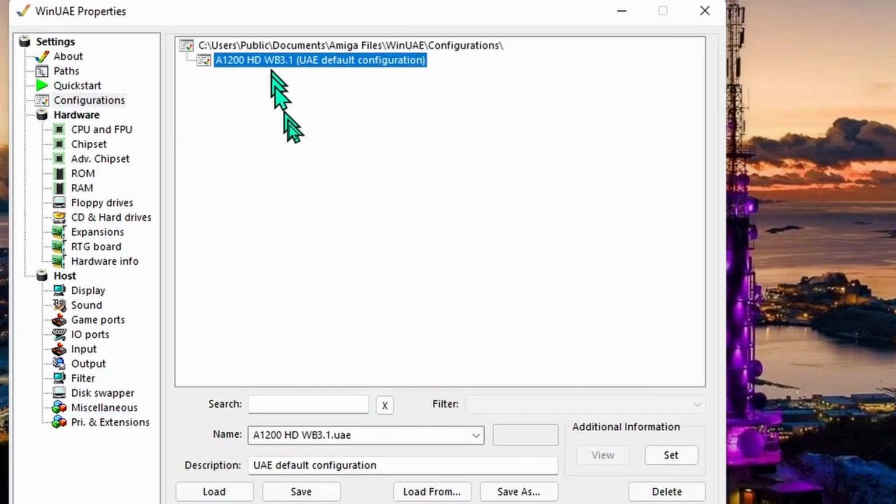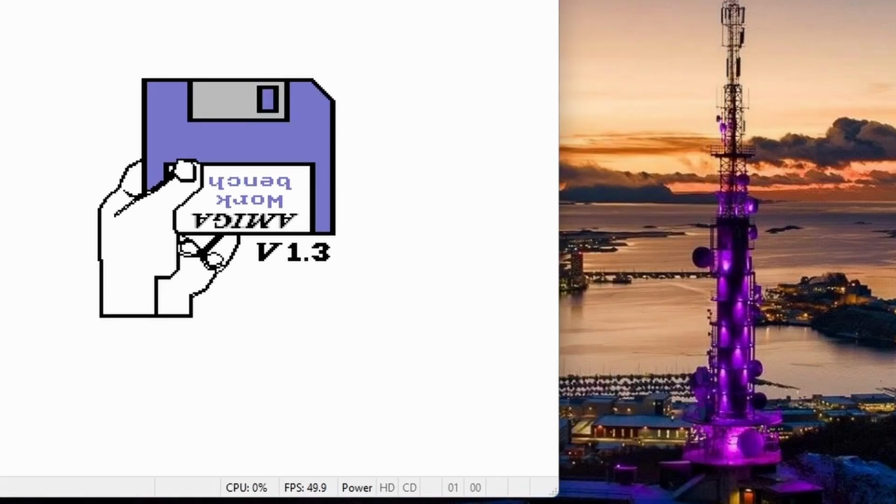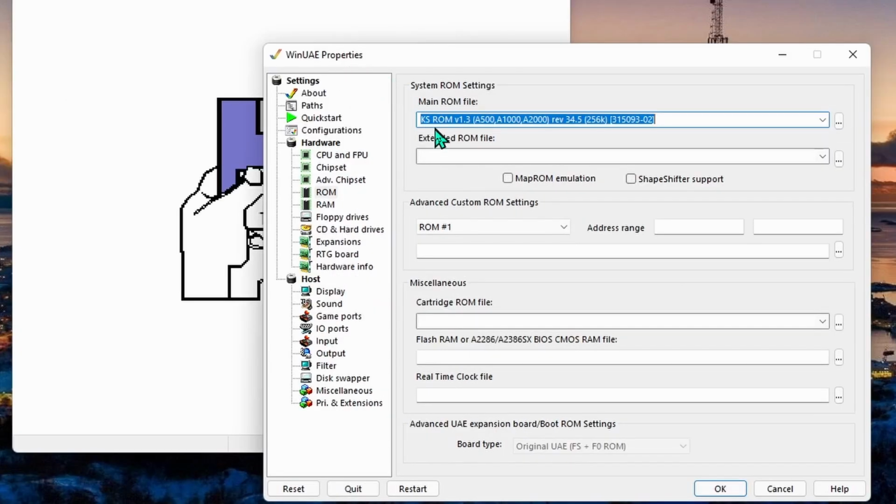All right, so if you have a configuration, then you can just hit start. I already have the A1200, so I'm just going to hit start, and it should start up. And now it comes with the Amiga Workbench, which means I need a floppy disk to boot from. So that emulator configuration was just a test. The Amiga 1200 doesn't come with Kickstart 1.3, but if you press F12, you can go back to the settings,